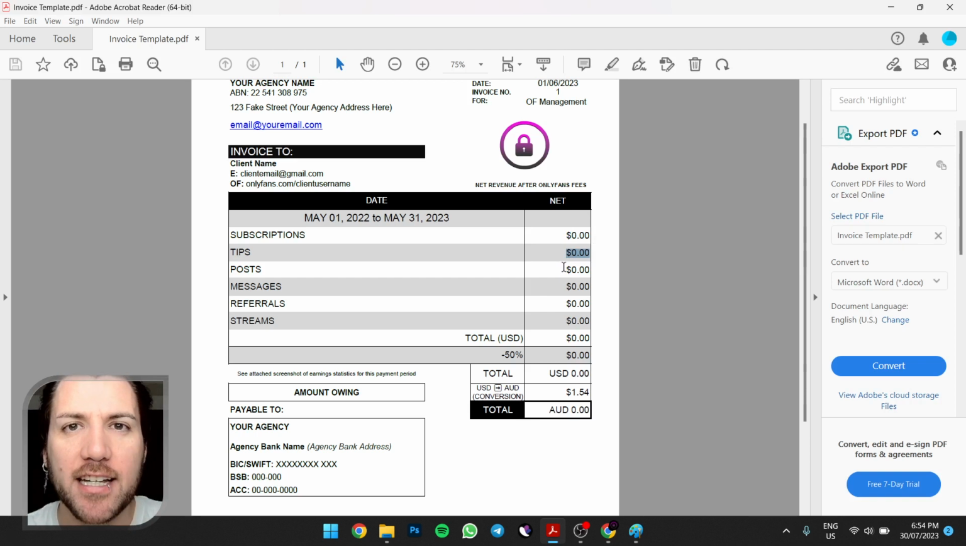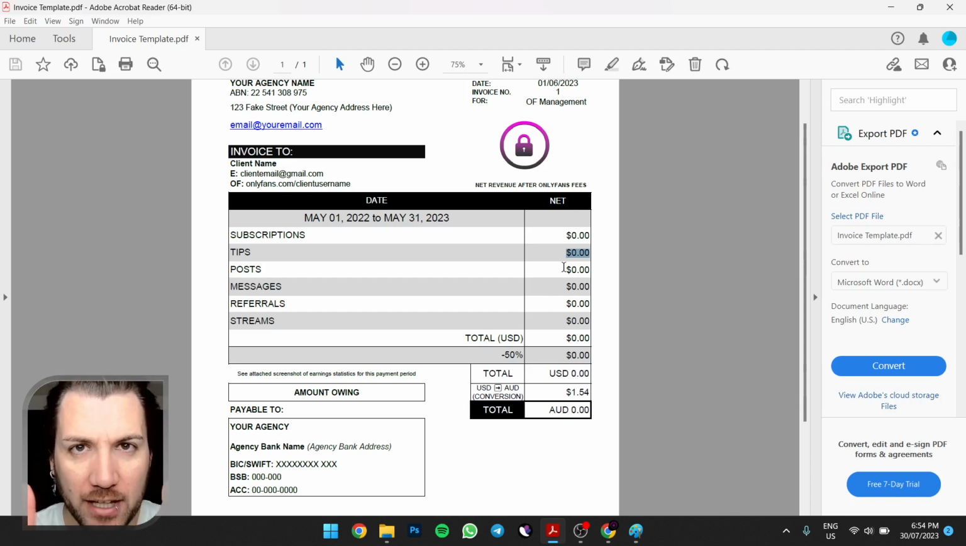The gross amount is the number that you make for that particular sale, subscriptions, tips, whatever. The gross number is the whole number that you make before OnlyFans takes their 20%. So if you were to put the gross amount here, say it's $20. If you were to put $20 here,